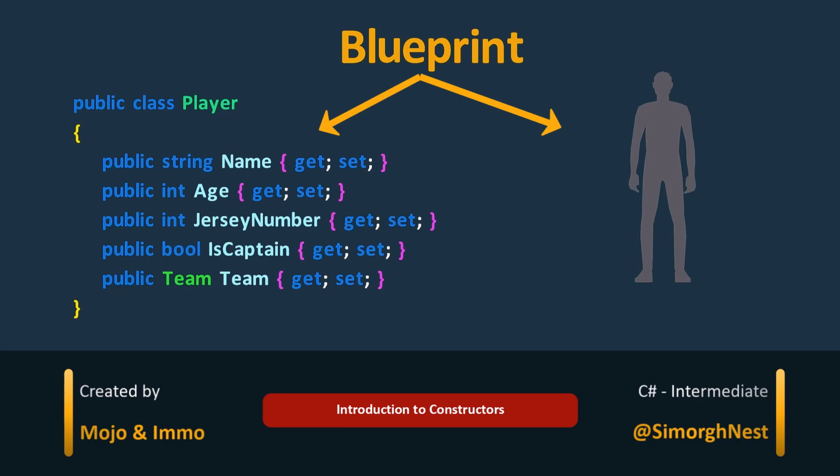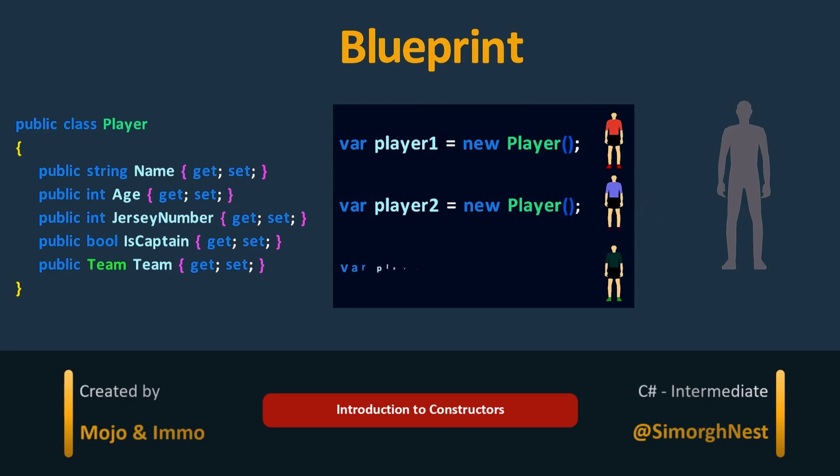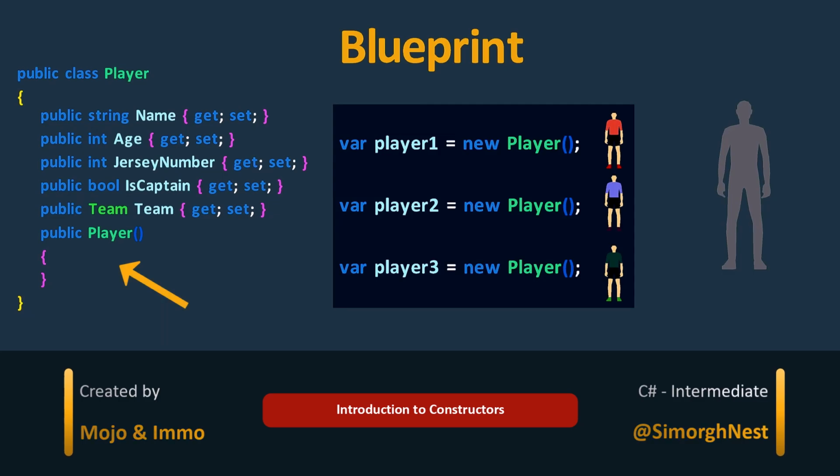As mentioned before, a class is like a blueprint. For instance, when we create the player class, it helps us create various objects that store details about different players. But how does the class actually make these objects? That's where constructors come in. Constructors are special methods that tell how to create new objects from the class. In this lecture, we'll talk about constructors and how to define them in a class.